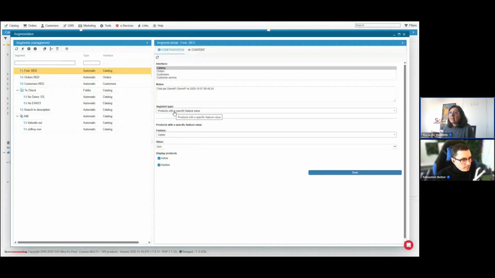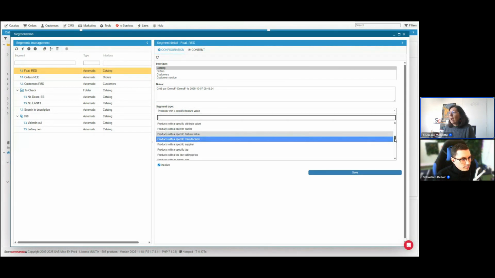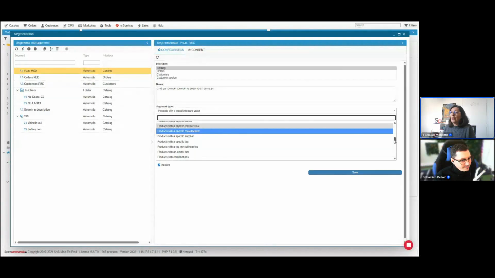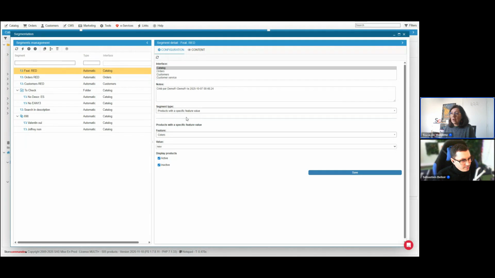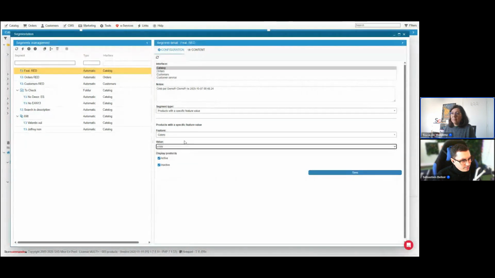Then you've got the criteria. The criteria is on the segment type. And as you can see, when I open the list, I've got quite a few options. In this example, I want to find all the products that use a specific feature, which is the color white, because I want to add a promotion, a discount on them.